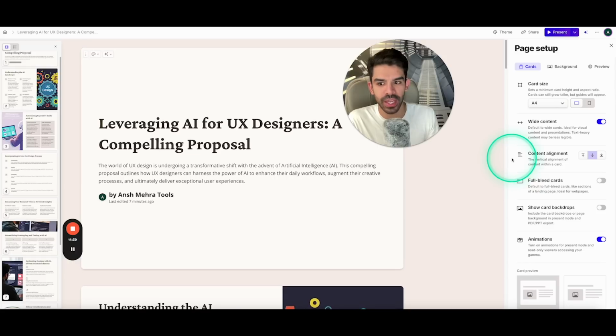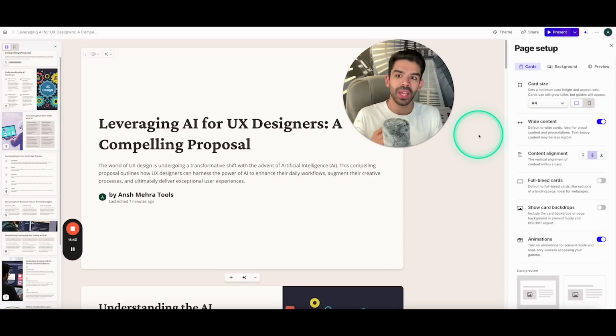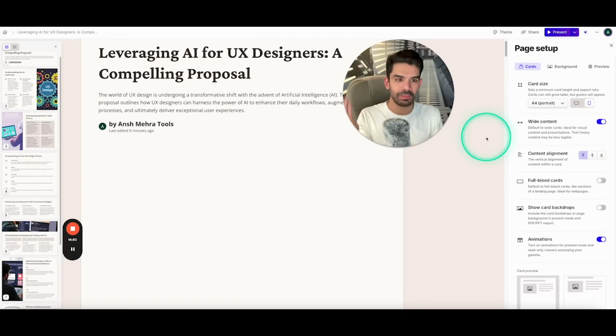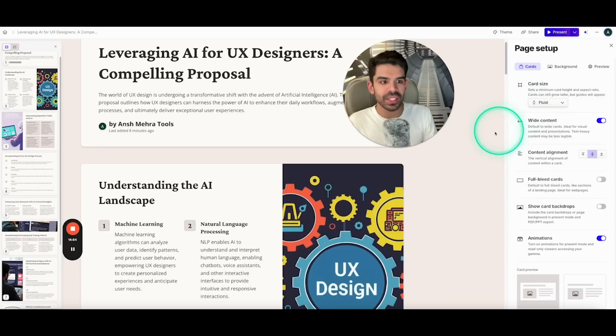If it's a presentation that you want to make, or maybe it's a deck, or maybe it's a proposal, you can always choose A4, and it would automatically make sure that things are doing well. I have chosen a landscape A4. That is why this looks like this. So if I were to choose portrait, it would sort of leave a lot of empty space, which is kind of obvious because there's not enough content. I always keep it on fluid,